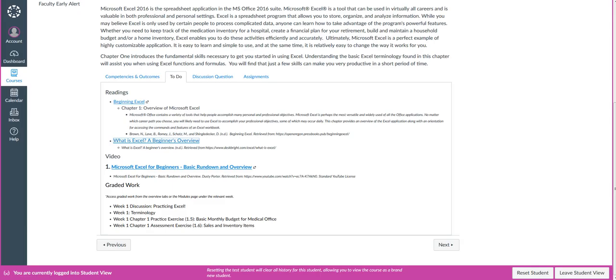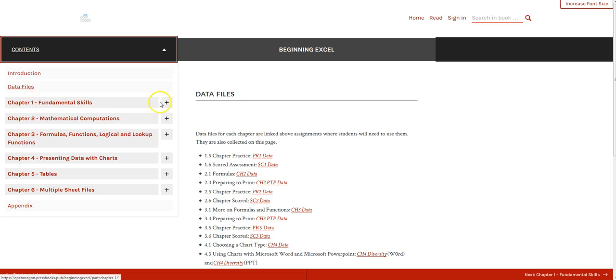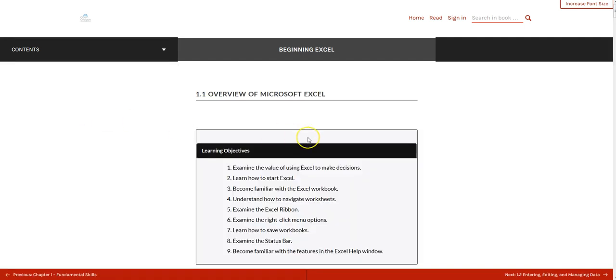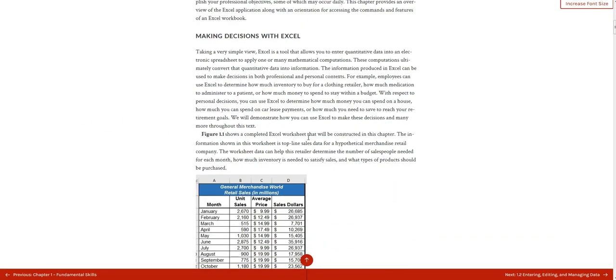Now, in week 1, it says you've got to read Chapter 1. Now, there's a little plus. If I click on the plus, it shows me all of the different elements of Chapter 1 that you need to go through. So you're going to walk through 1.1, 2, 3, and 4, and then you're going to complete a chapter exercise. To get from page to page in each one of these, you're going to read through all